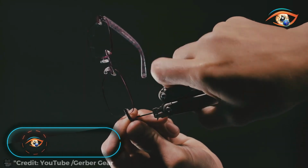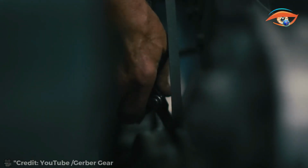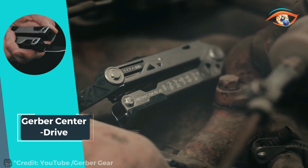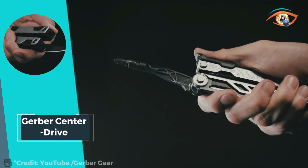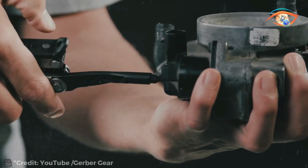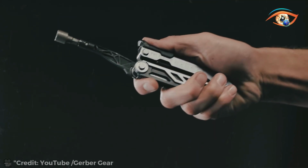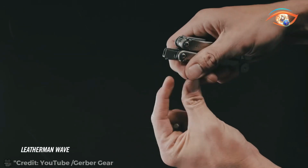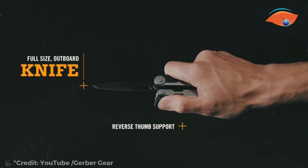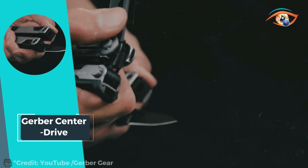Gerber Center-Drive. The Gerber Center-Drive is a game-changing multi-tool designed to tackle any task with precision and ease. Its innovative center axis driver mimics the alignment of a rail screwdriver, delivering maximum torque and rotation for unparalleled performance. With a 1-FEM opening system, accessing the tool you need is quick and effortless, even in challenging conditions. Equipped with spring-loaded needle nose pliers featuring an X-channel rail system, it provides a secure grip and precise control for